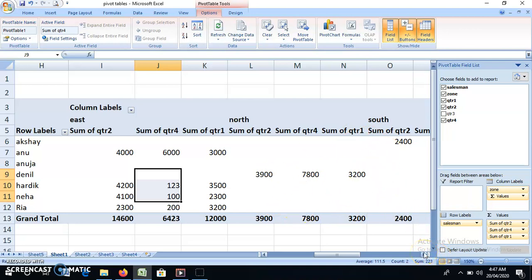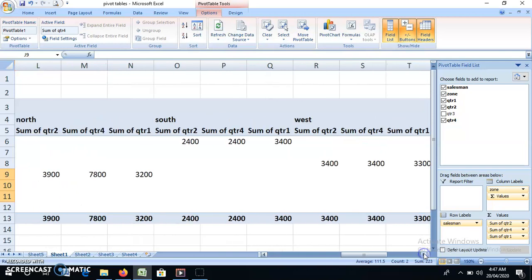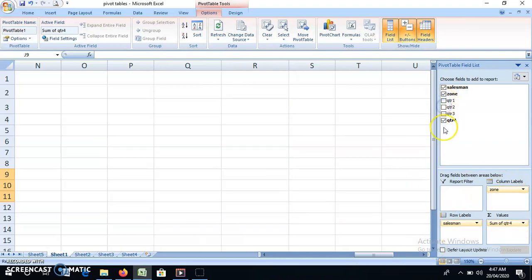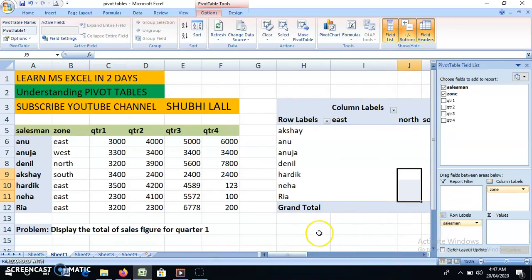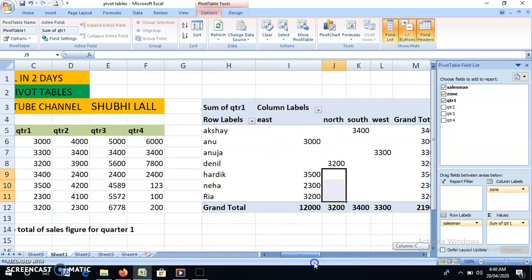So we can say that we have a shortage of people, or good sales managers are not there. So you can see it is all going blank. So this is how I'm viewing my data. Now I can remove this if I don't want it, and I can come back to my original format. You can see now that this was my original format. So this is how we can create our pivot tables.